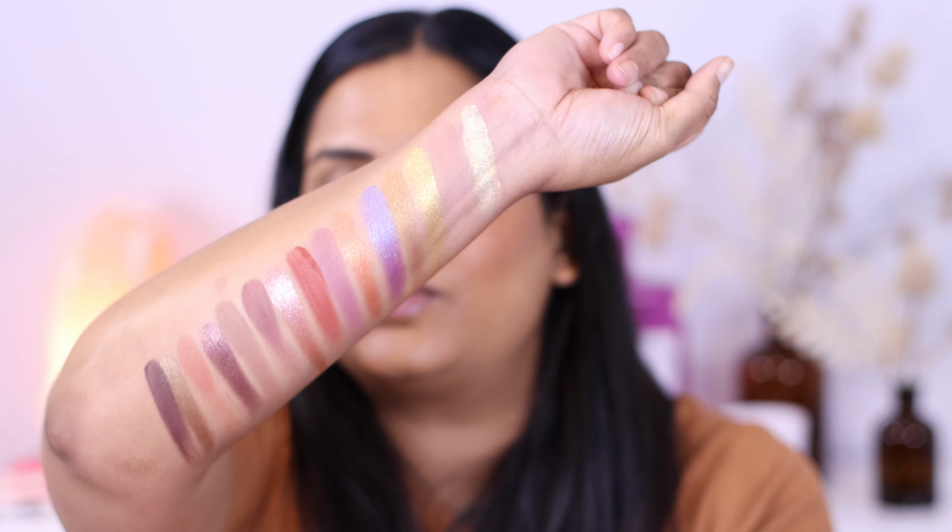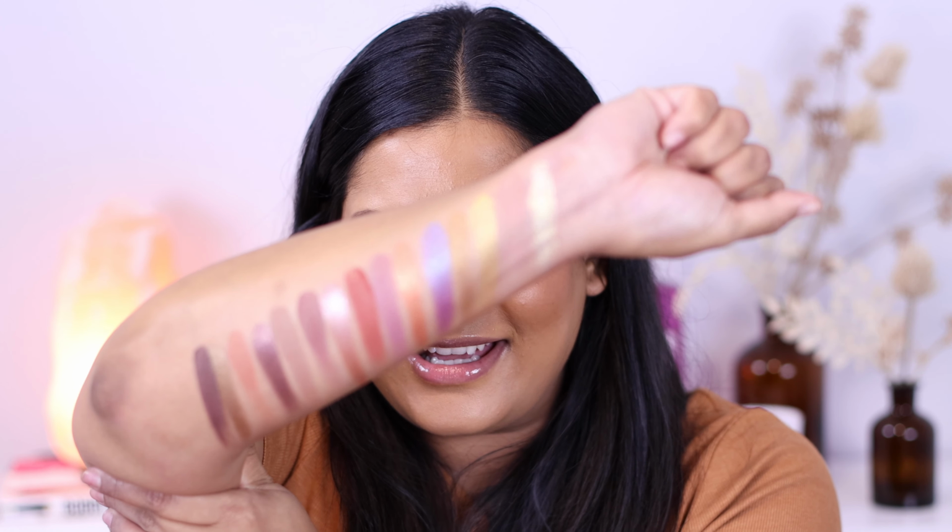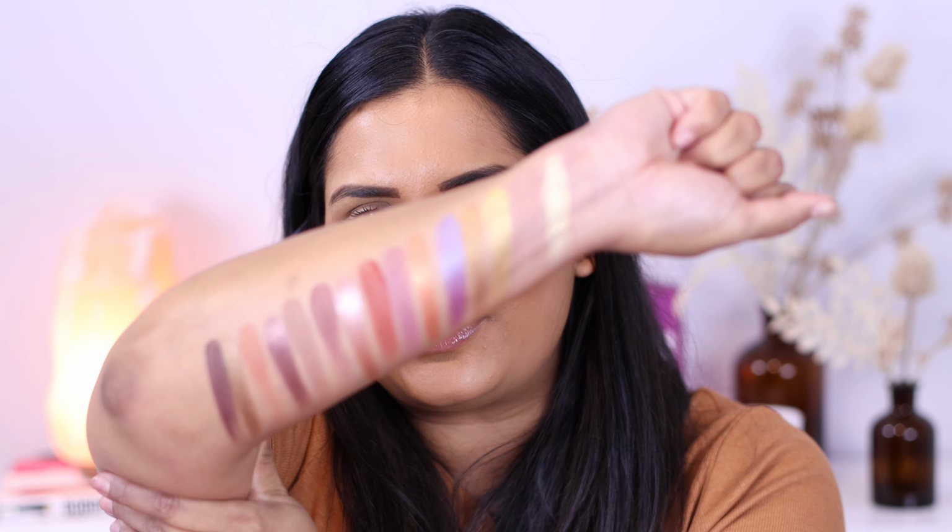Honestly, I thought this palette would be super boring, but after swatching it, I definitely feel like this is a stunning neutral palette. I'm glad I didn't end up skipping this one because the metallics are gorgeous, and I want to compare this